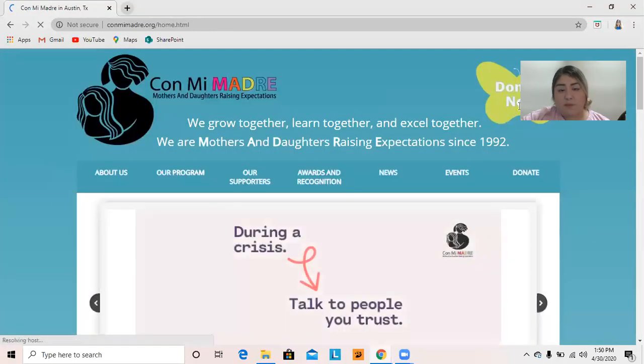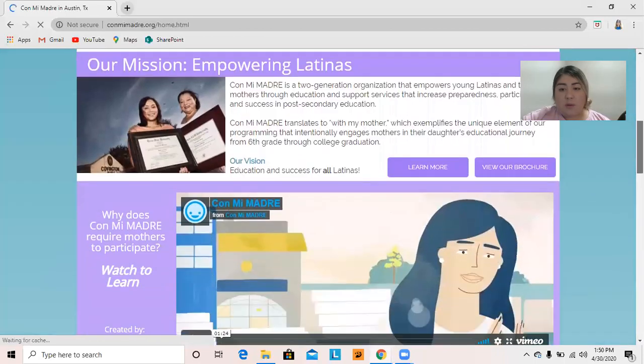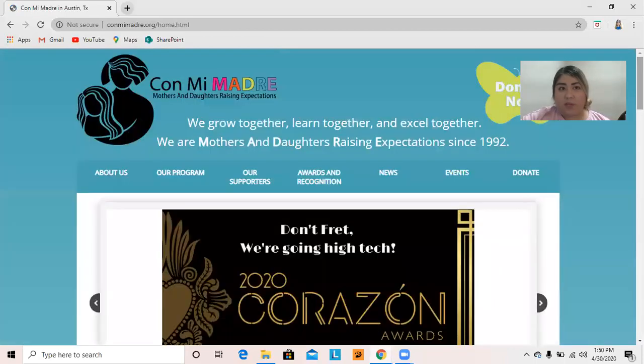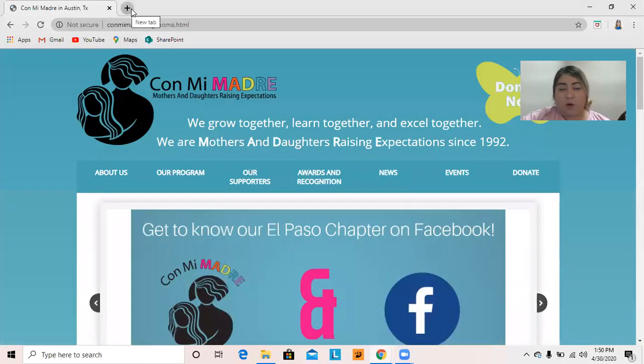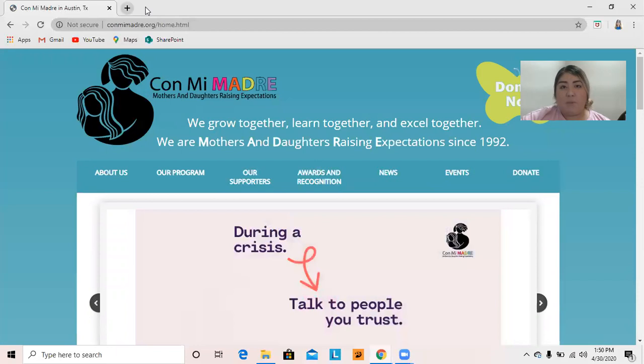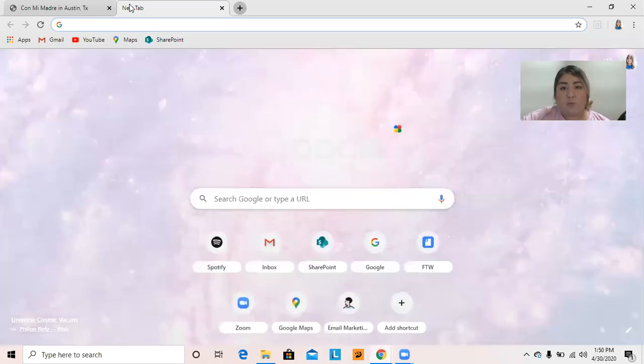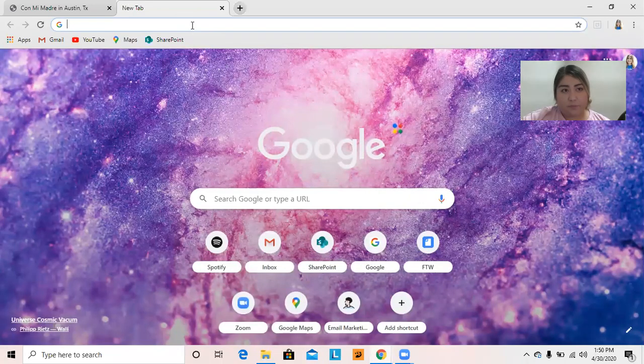We will go back to the main page. So a little bit more about how to use the internet. There are things that are called tabs. So for example, if you do not want to close this page, but you want to look up something else, there on the top of the page, you can click New Tab, and it will open up a new internet page. So for example, we can look up,